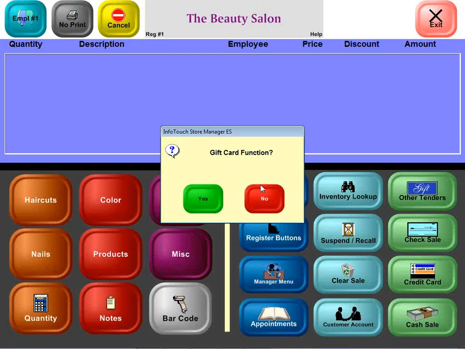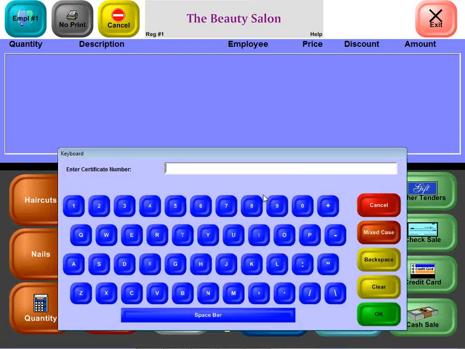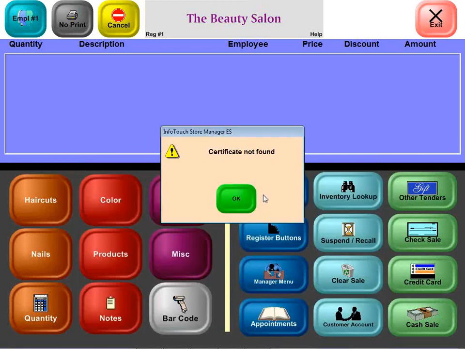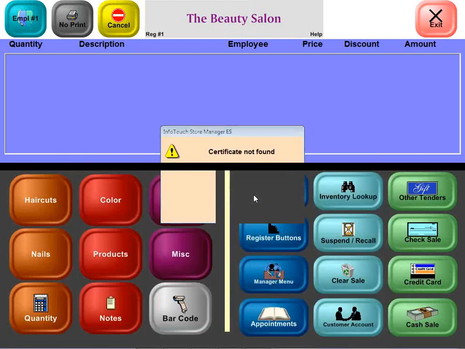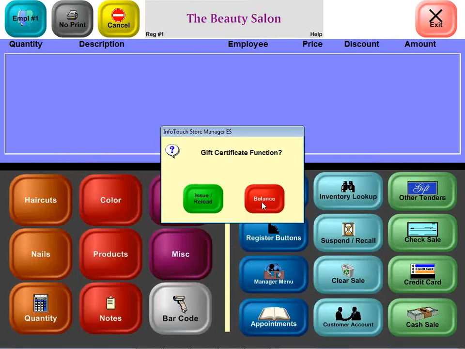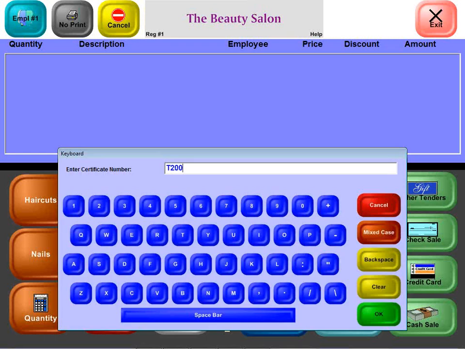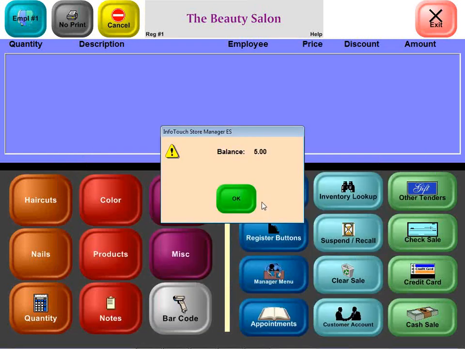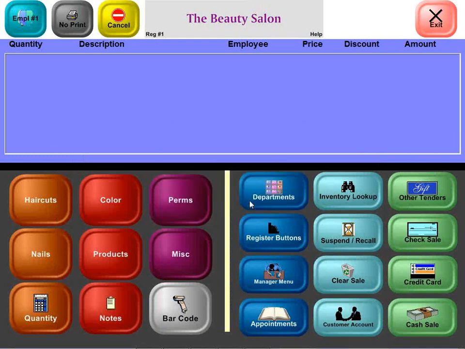I can also check on the balance of it right here. If I enter the certificate number correctly, at least. And there's the balance, $5, which we just put on it. So in-store gift certificates can be issued, have to be issued to begin with, reloaded at any time you want,